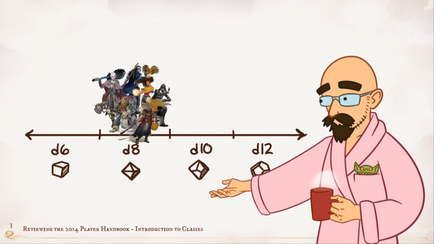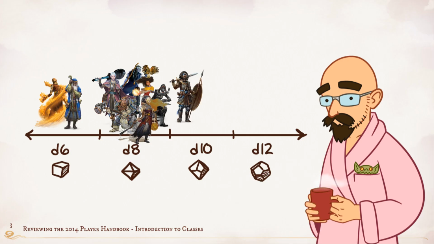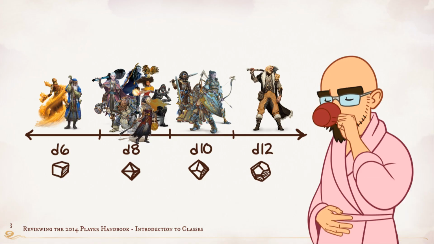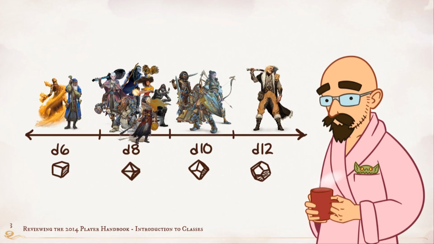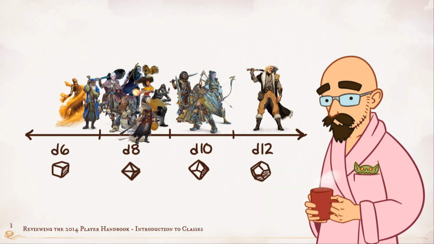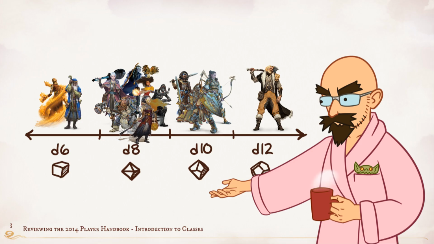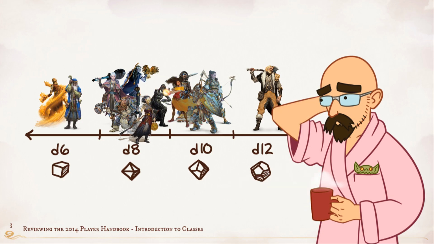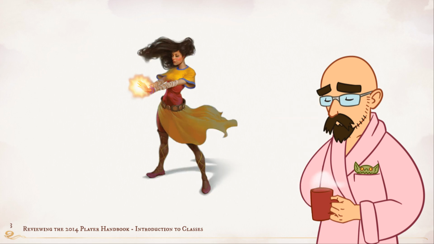D8 hit dice are the baseline, with the squishiest casters, wizards, and sorcerers running on D6s, the heavy marshals, fighter, paladin, ranger running on D10s, and barbarians being the only D12 class in the game, as though they needed any more help. Ugh. Unlike the saving throw situation, the hit dice spread is really only objectionable if you want your arcane casters a little less squishy, and if that's you, quit being greedy. Wizards used to run on D4, and they liked it that way. Or if you made monks and know how badly they need some support to do their job, which, yeah, no,